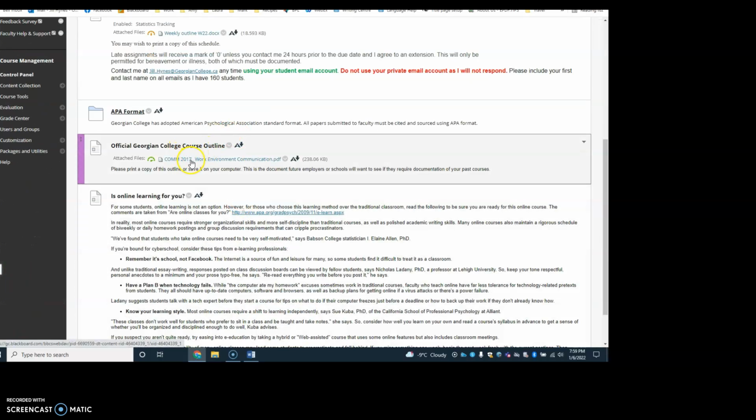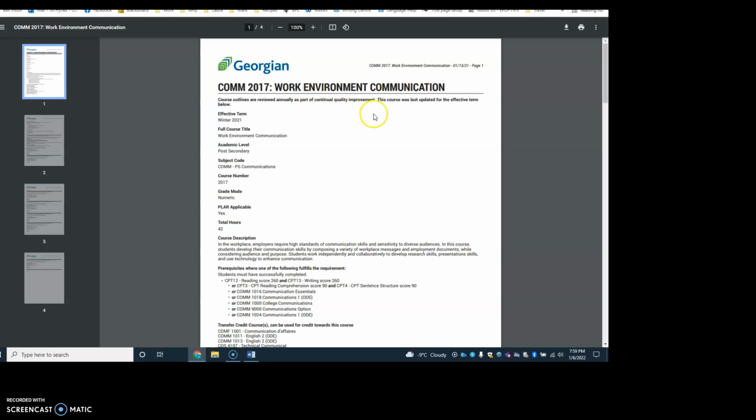The official Georgian course outline. So I will open that. This is the legal document that is for each of your courses here at the college. I strongly recommend that you take the time in this first week or two of class to open these up, save them to your hard drive with the year you took the course and which semester you took the course and the course name. If you ever decide to leave the hallowed halls of Georgian and go to college somewhere else, or if you have an employer who wants to see exactly what courses you took, especially if you're in co-op, that can become applicable. This is the document they want. Okay, my pretty little blue and green syllabus is not what they want. This is the official document they want. So be sure you take the time and save those to your hard drives.